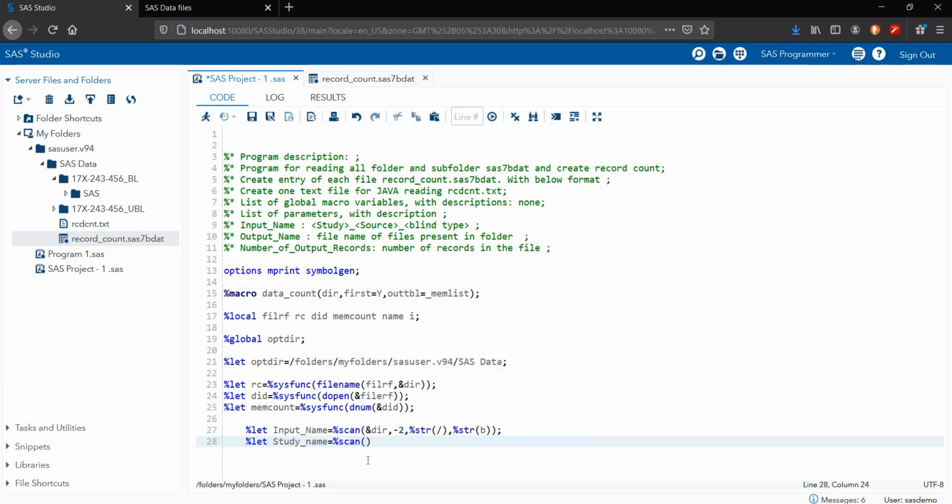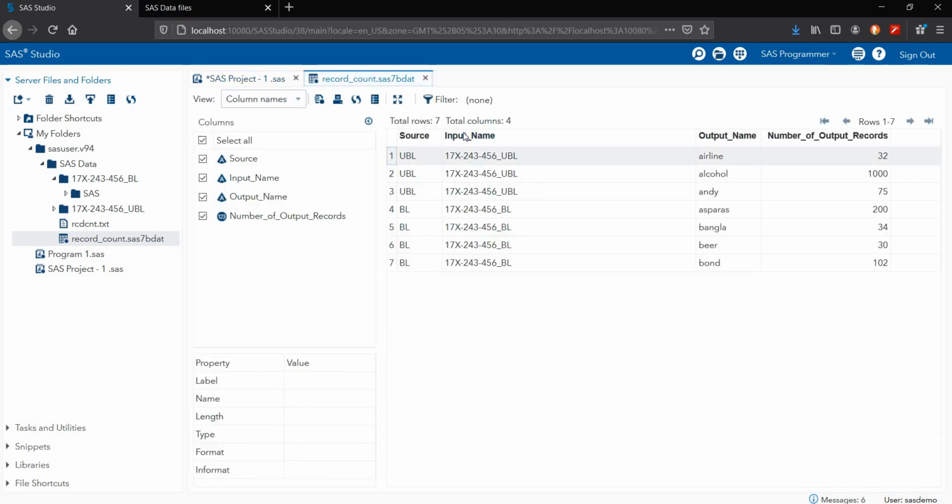In the scan I'm using the input name, comma 1, comma %str. So here I'm using the input name and the study name. You can see this is my input name, this is my output name and the output number of records. First I declared the input name, and now I'm declaring the source variable.